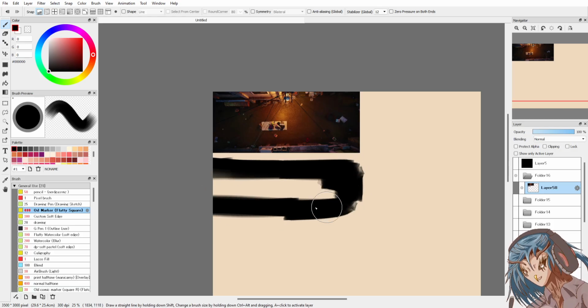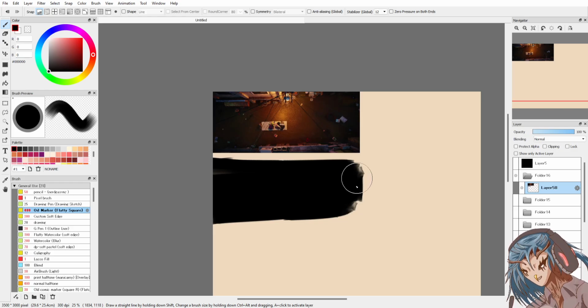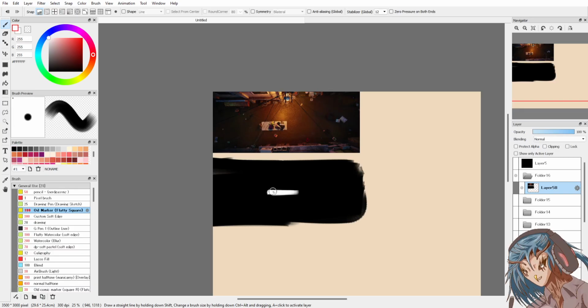Change of perspective. Top down. Why are we in a top down? To establish something. What's happening in this shot?